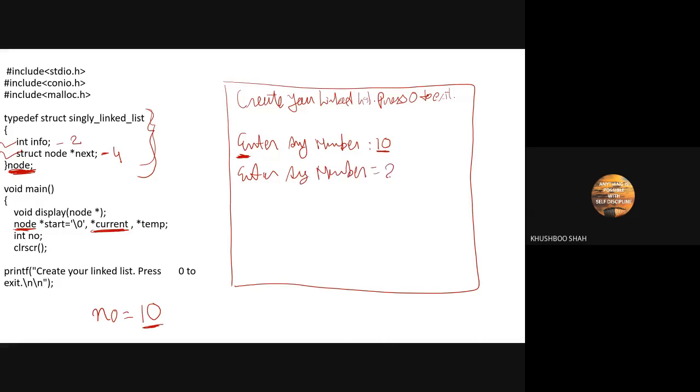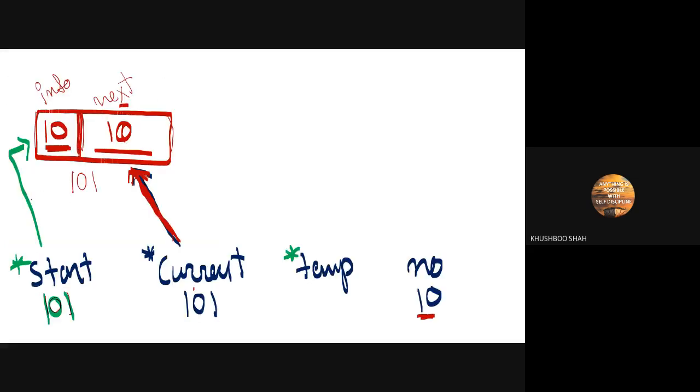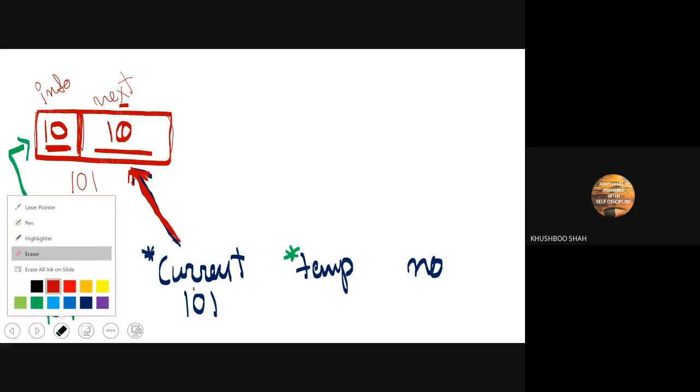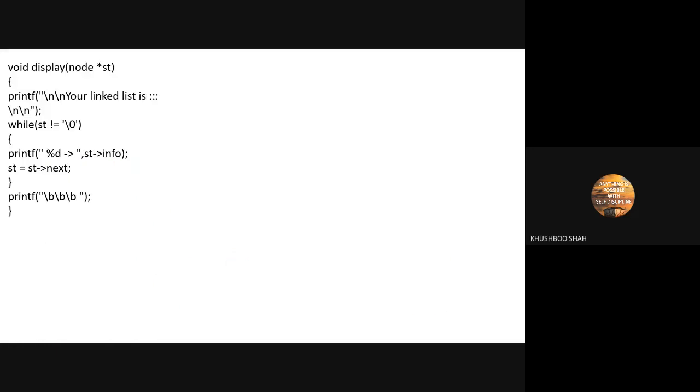Let's say 20. So this 20 will be assigned into NO. This is the statement scanf %d NO. It means now my NO will have 20. Okay.